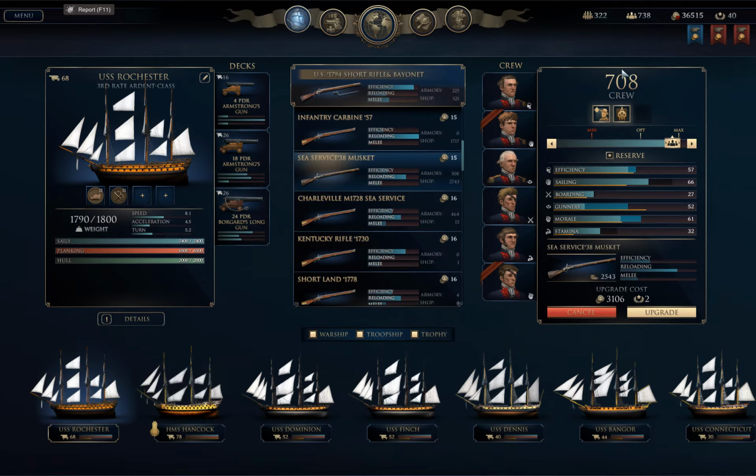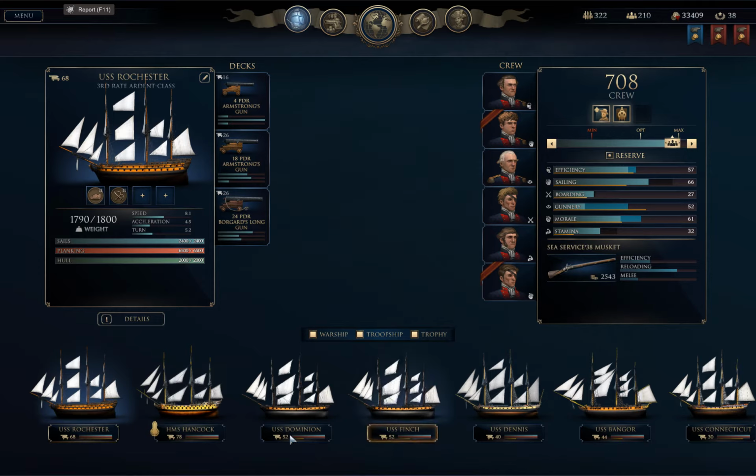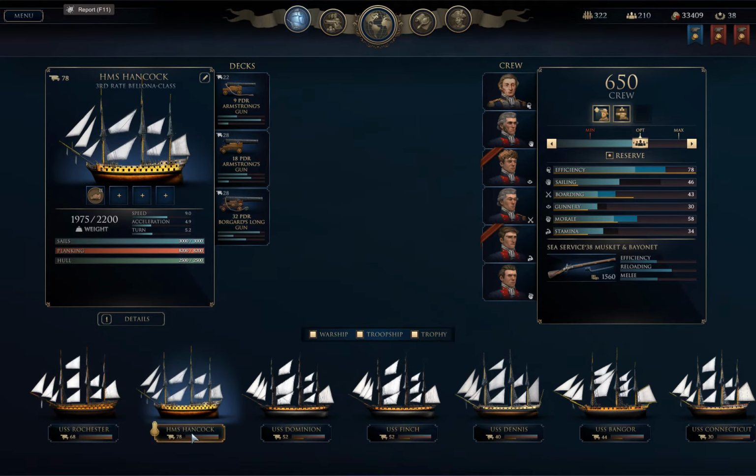Okay, so if I buy 708 at, I only spend 2 rep. And it only costs that much because I'm using the reserves. Alright. So the Rochester and the Hancock. Like if I do that for Hancock, I think...